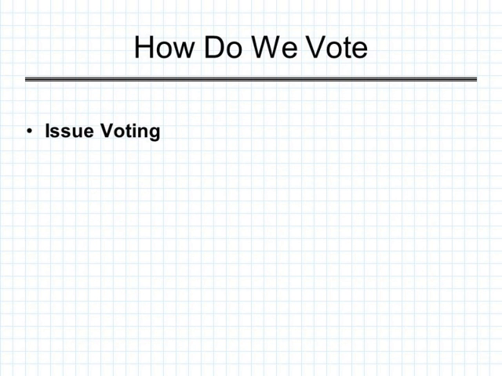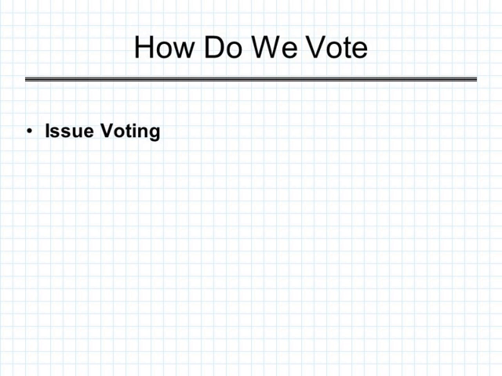The last thing that I want you to think about when I pose the question of how do we vote is something that we call issue voting. When we vote today, we are voting less on what party the individual belongs to, and we're voting more about what does this candidate bring. Why do I like this candidate? And the most common way that we decide which candidate we like better is how that individual candidate stands